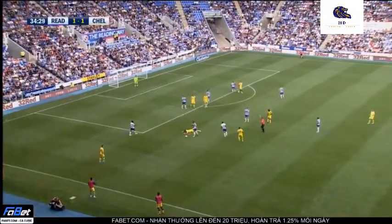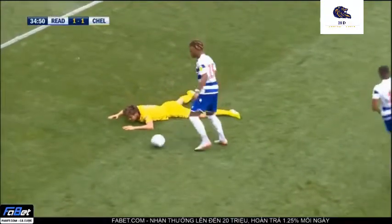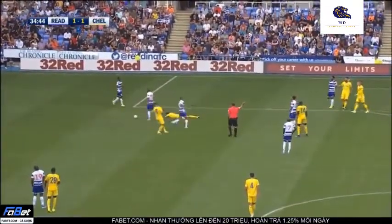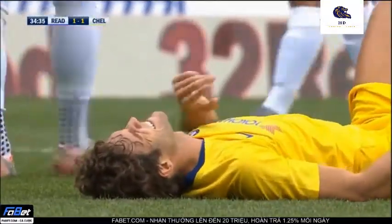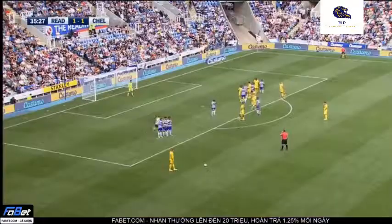Alonso rolls. Eden Hazard. I know it's coming. I'm going to take the turn. That's, dare I say, dangerous territory. Yeah, he does well, Alonso. He knows he's going to get a whack here as well. As soon as he turns, he knows he's going to... Is he going to have a...